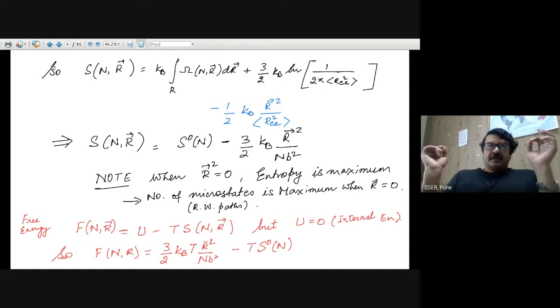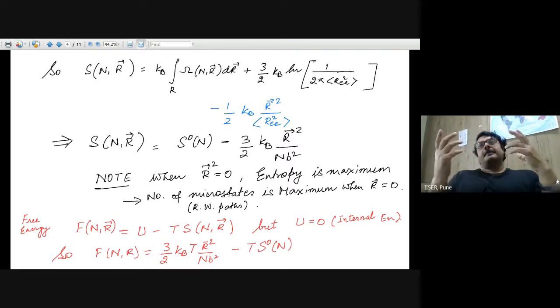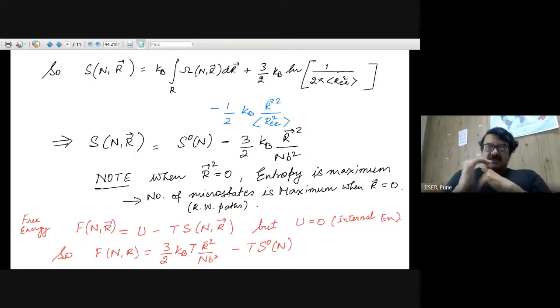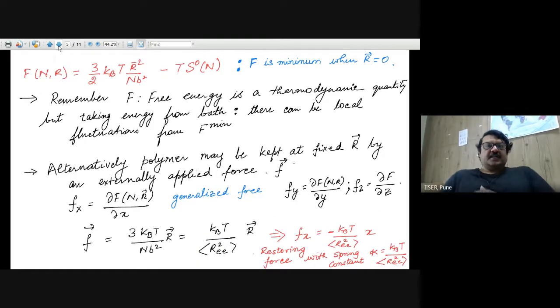That when the end-to-end distance is 0, you have the maximum number of paths which are possible, so that the random walker comes back to its starting point. This corresponds to that physics. Anyway,